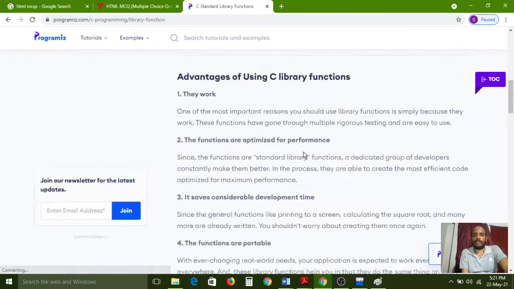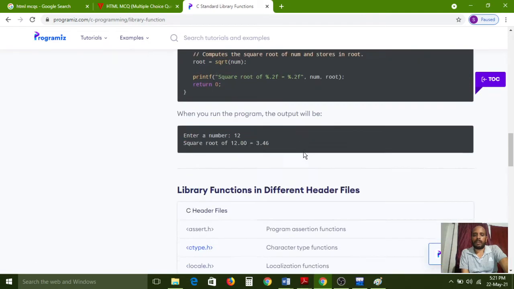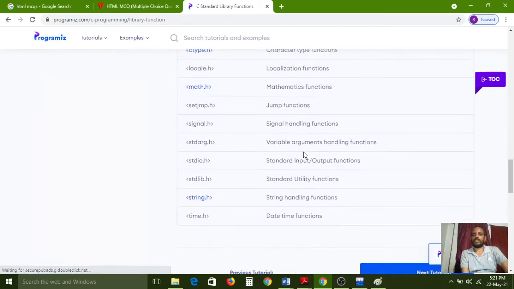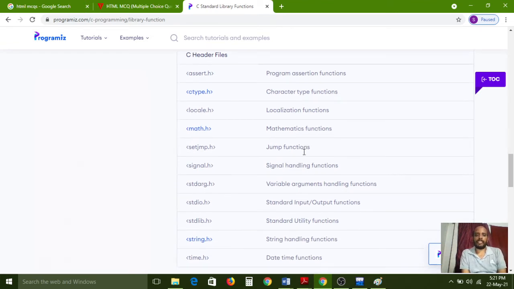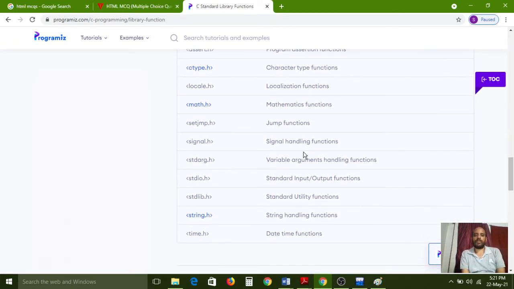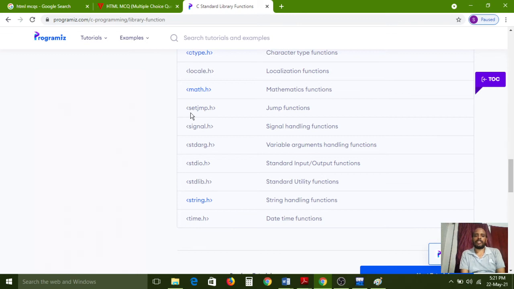All of you carefully observe, I am showing the number of libraries. These are the predefined libraries: assert.h, ctype.h, locale.h, math.h, signal.h, setjmp.h, stdarg.h, stdio.h, stdlib.h, string.h, time.h. So these many predefined libraries we have.